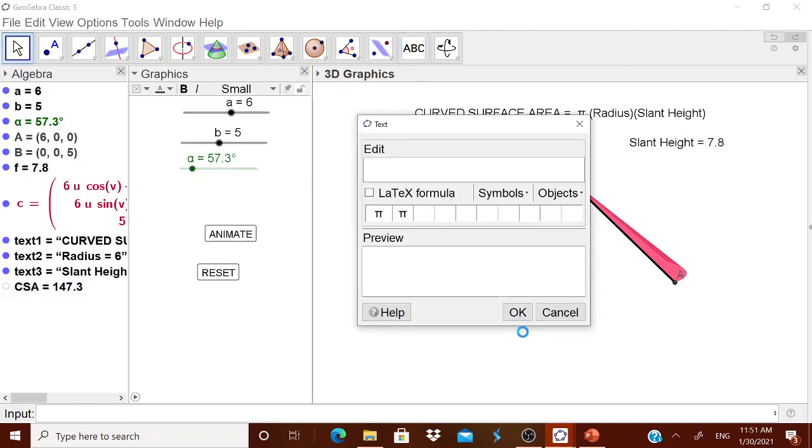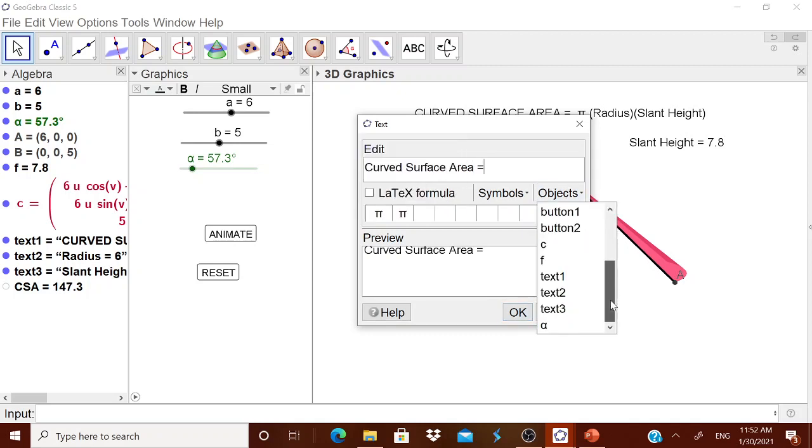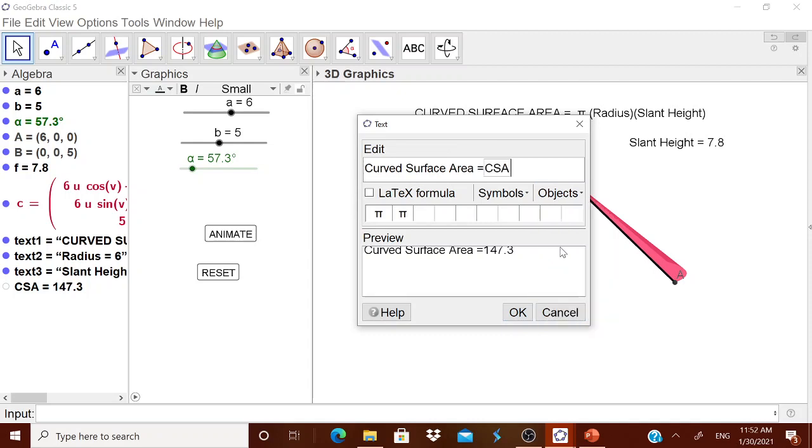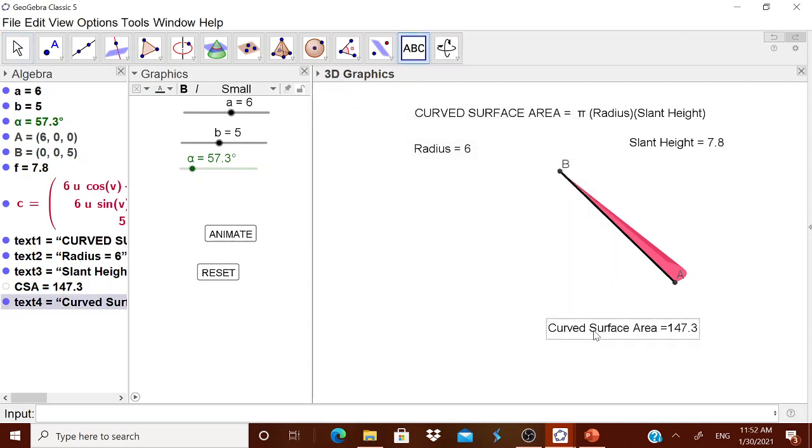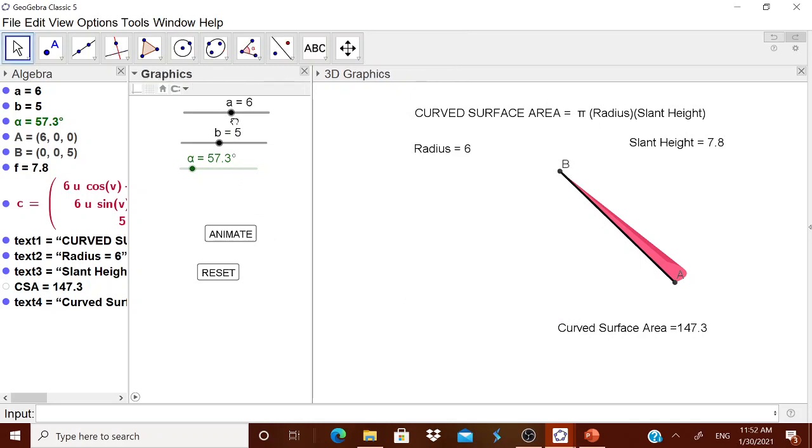So now the child can come and check out the curved surface area. It is equal to what I have just calculated, the CSA. Got it.